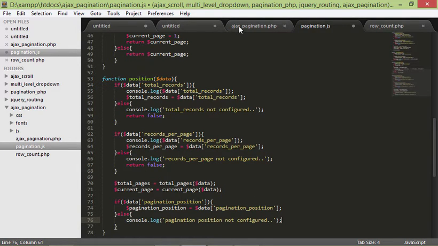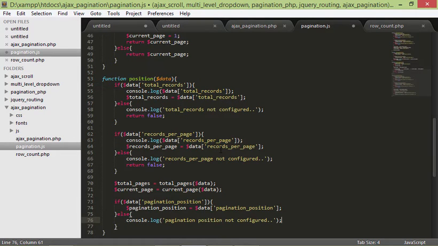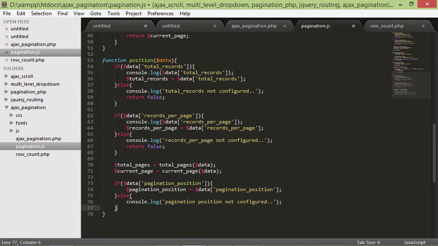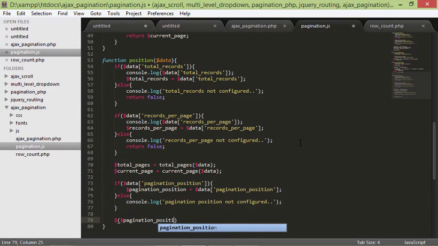Do you remember this part here, the data of pagination position, right? It's actually a div. It's an ID of the div, position. So it's nothing much. We're just checking whether it is set, and then we are going to use our usual jQuery. The selector is going to be pagination position, the same variable, right? We are assigning here